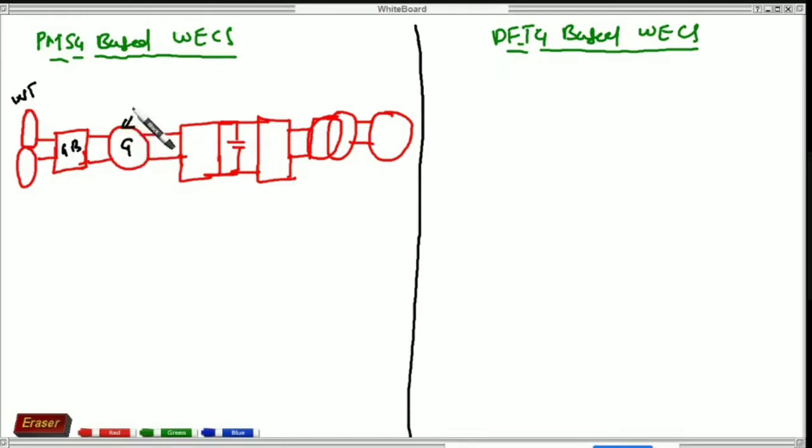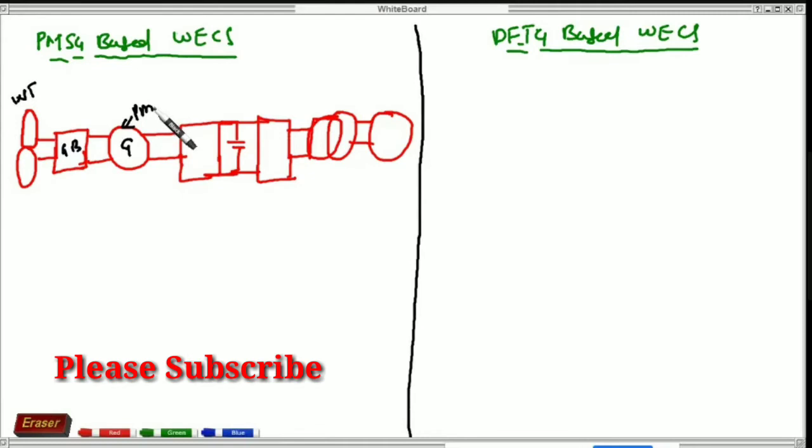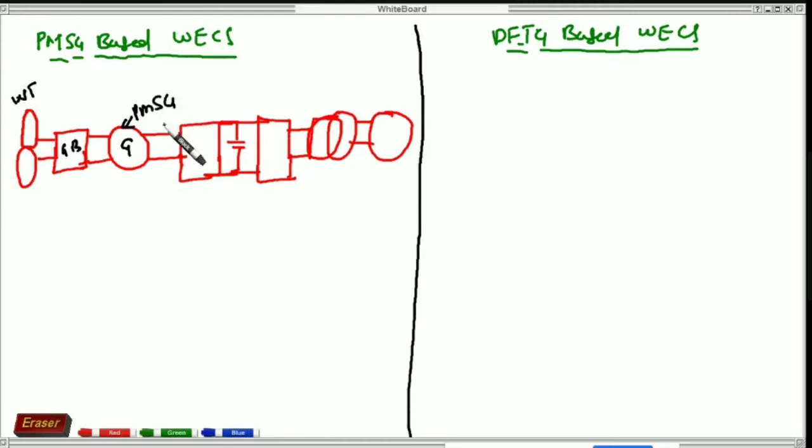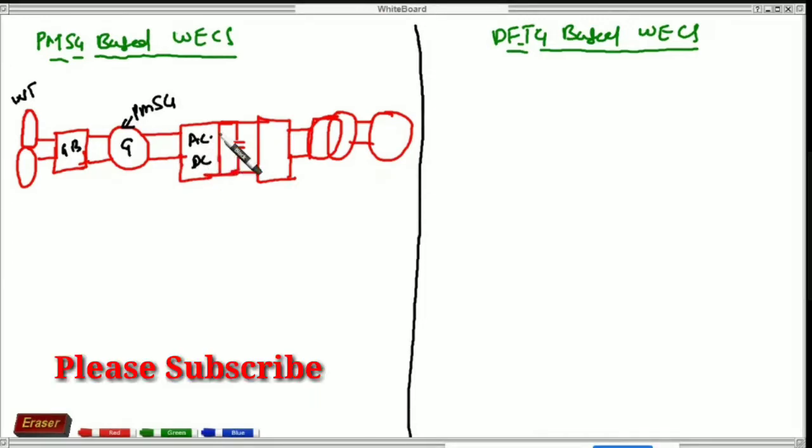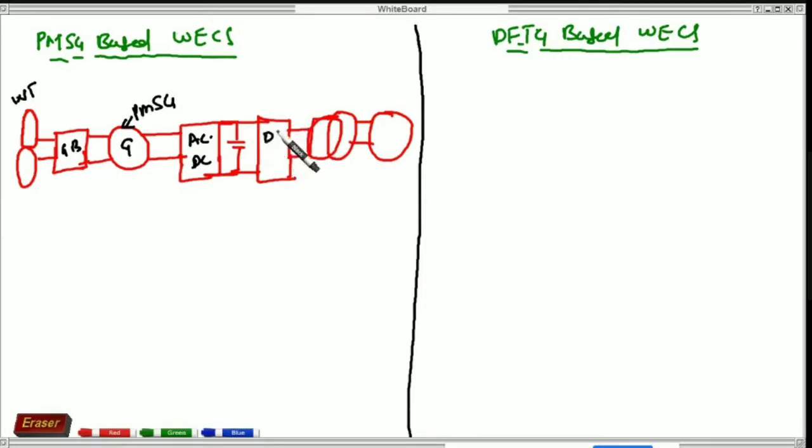This generator is PMSG, and this is AC to DC converter, and this is the DC to AC converter, and this is DC link, and this one is a transformer, and this is grid, right?